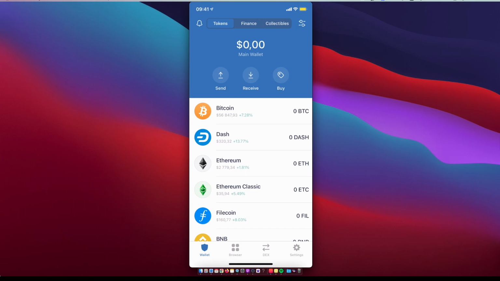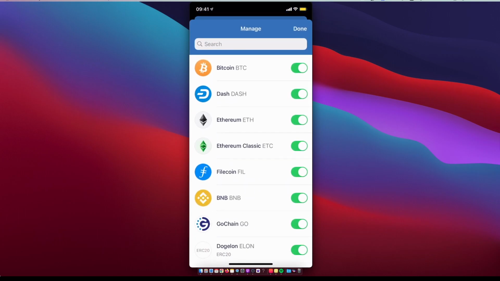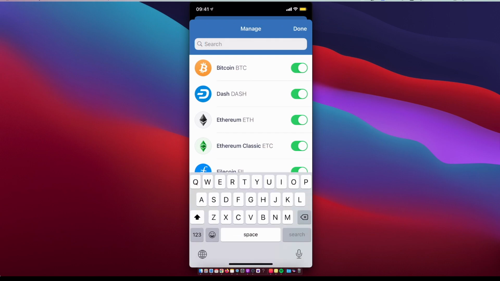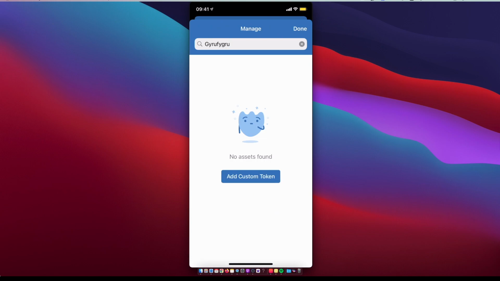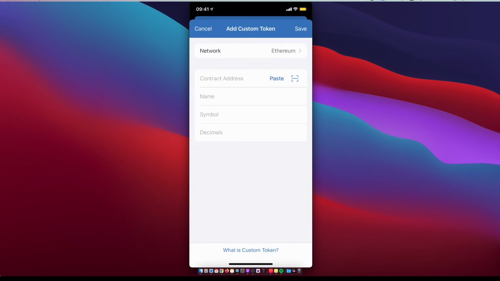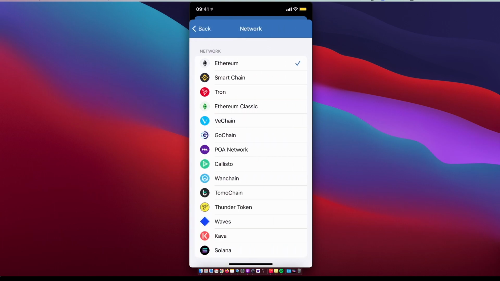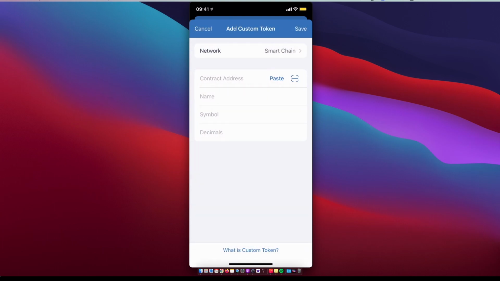Alright, so first what you need to do here is of course to go on Trust Wallet, and on the top right corner there are two little dashes with a circle on it. Just press on it, and then on search just write random letters or numbers. It really doesn't matter, just write until you see no assets found, add a custom token. So press add custom token, and on network make sure you select Binance Smart Chain, because Spore Finance is on